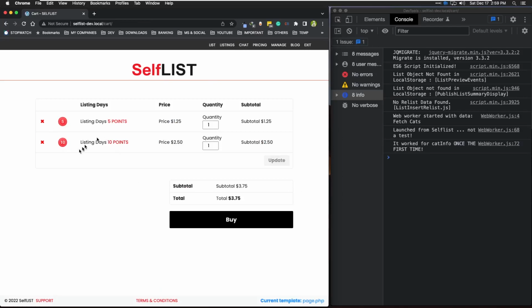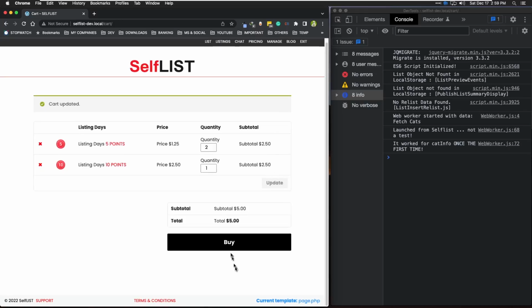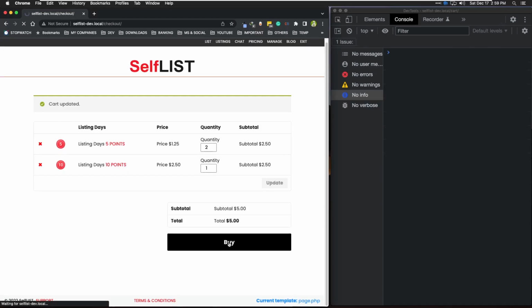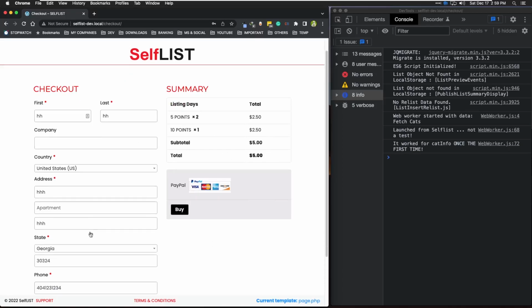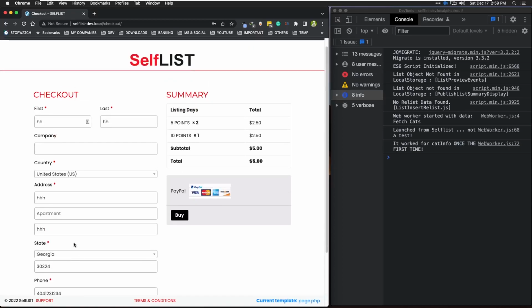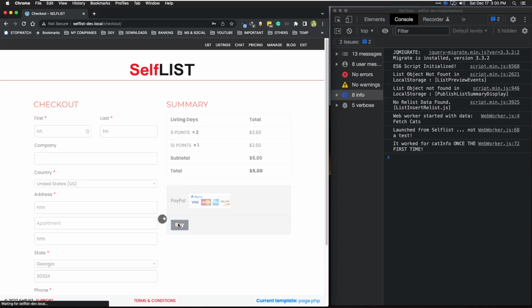So we see our shopping cart here, and I'm going to go ahead and double up on this and hit the checkout. And we actually changed the names to buy according to the client. I don't know why, but in here now we put in all the user's info and see a summary here and hit the buy button,